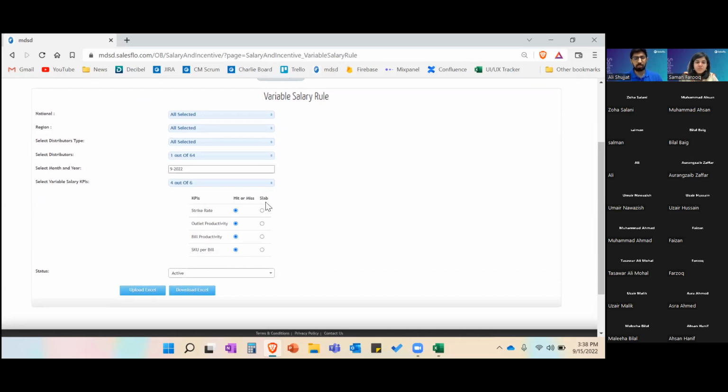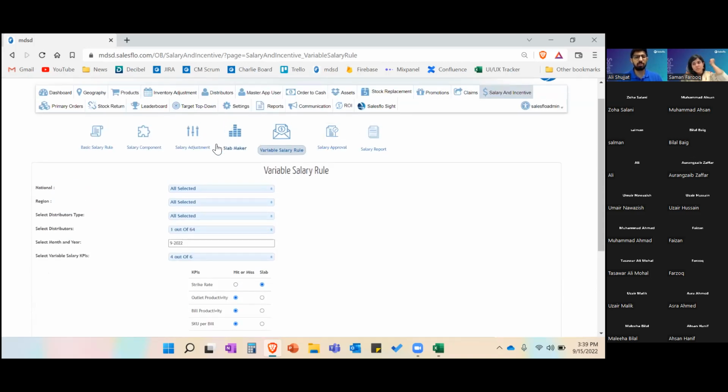The idea behind it is basically, hit or miss means that you give a certain range or a certain percentage of target achievement to an order booker, let's say 90%. And if that 90% is achieved, even if it is 90.01 of the target achievement, the order booker will receive that incentive. If you select slabs, then each app user classification in the distribution will be assigned the slab